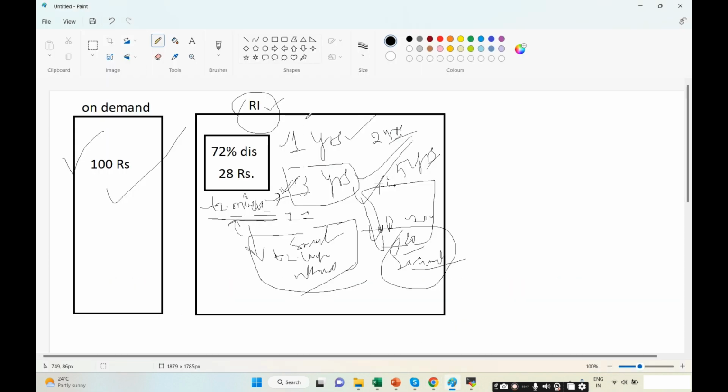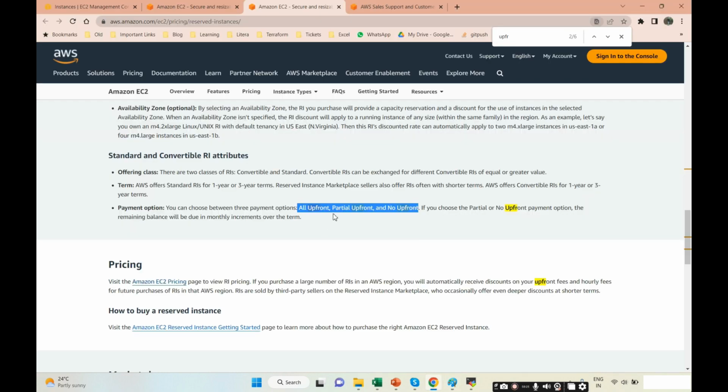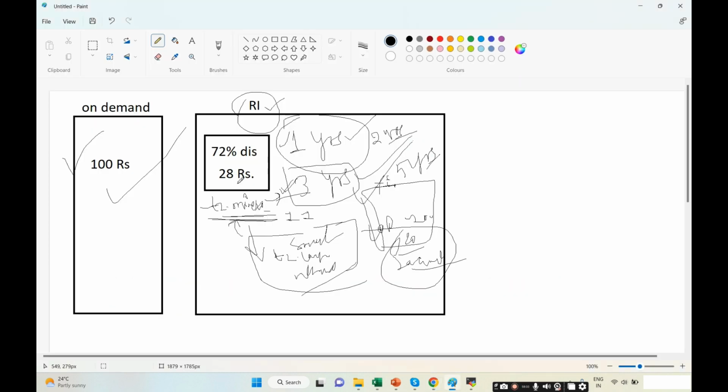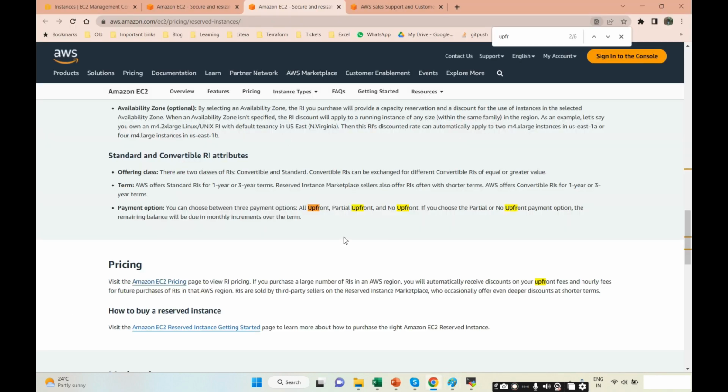It's like when you are purchasing and making an agreement with Amazon for 1 year for this instance, you can pay in three ways: all upfront, partial upfront, and no upfront. All upfront is like, for example, if Amazon is charging 28 rupees per year, you need to pay the complete 28 rupees in one go